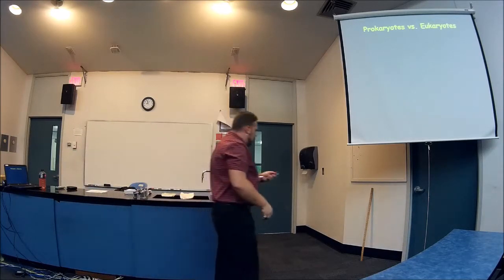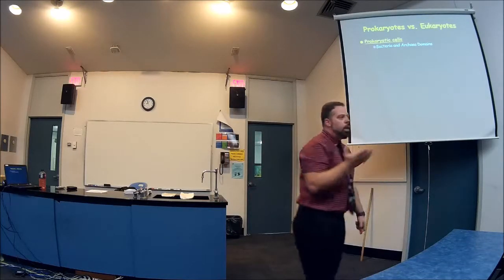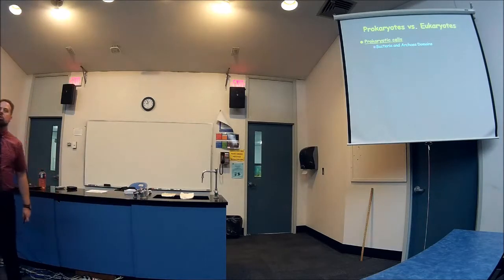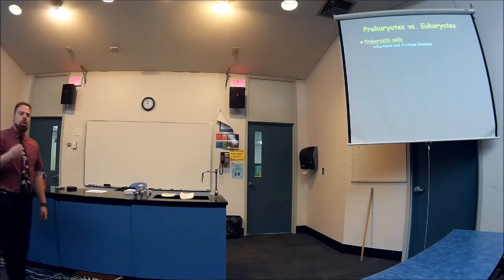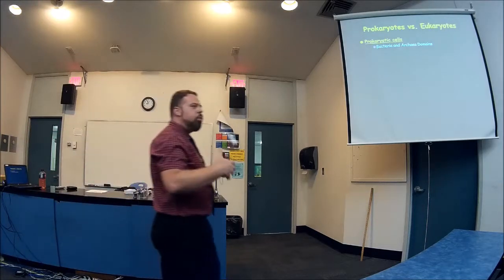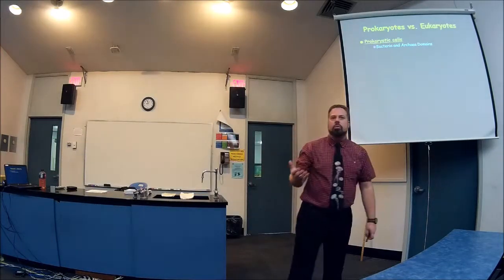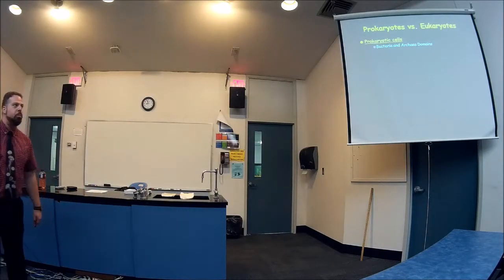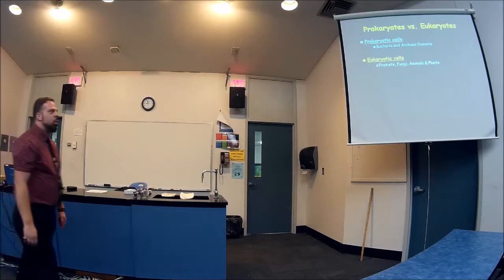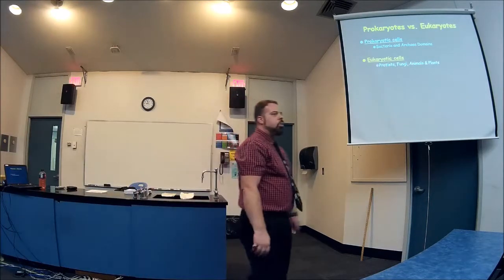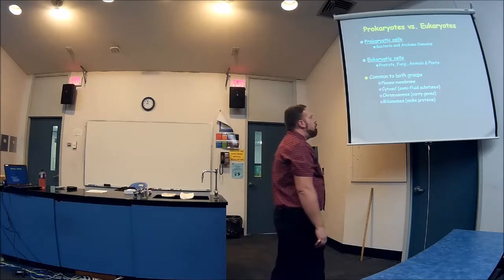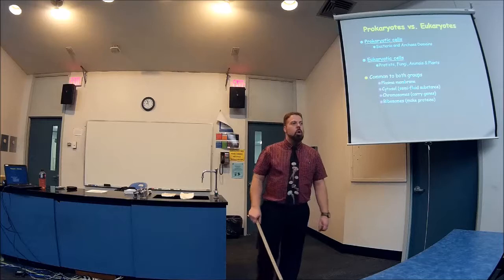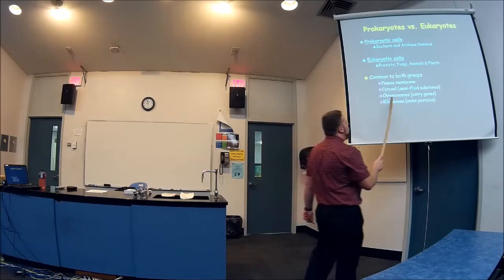All right? So prokaryotes, all right, they fall into the bacteria and archaea domains. Remember, the archaea domain is really one-celled organisms, bacteria, but they've adapted to a different environment. All right, they evolved more than just the regular bacteria. So, eukaryotic cells are protists, fungi, animals, and plants. Okay? Now, what's common to both of them is that both will have a plasma membrane, all right, the moat around the castle or village. Both will have this